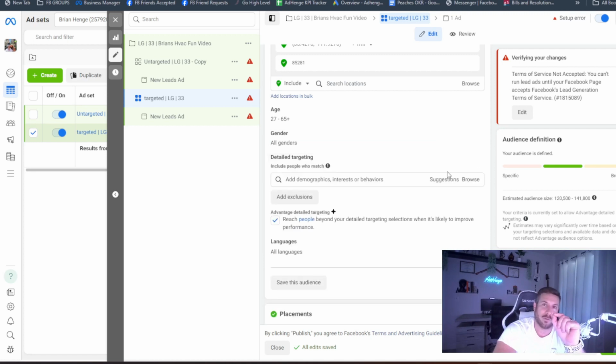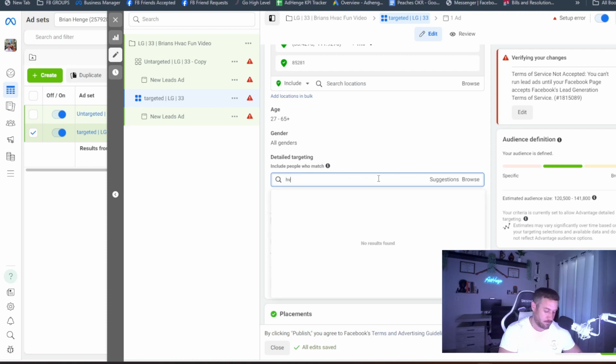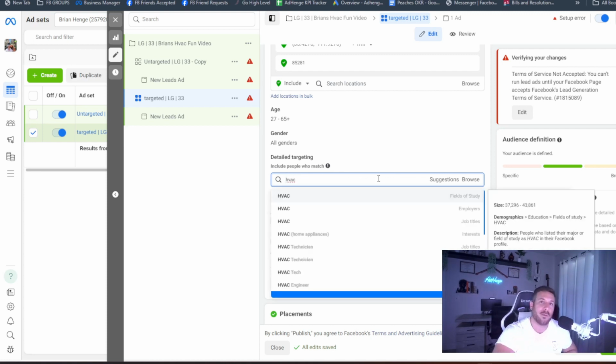Here we can get into a little bit more of the details, right? So here you want to think, what is your ideal avatar? And when I say avatar, it means what is your ideal customer like? What are their behaviors? What are their interests? So a couple quick ones would be, try HVAC, right? And when you go into HVAC,